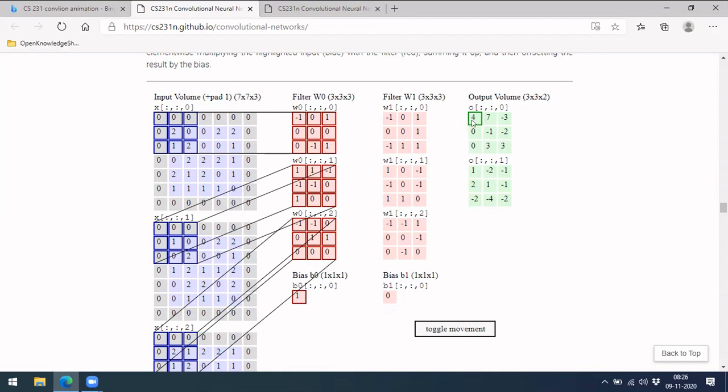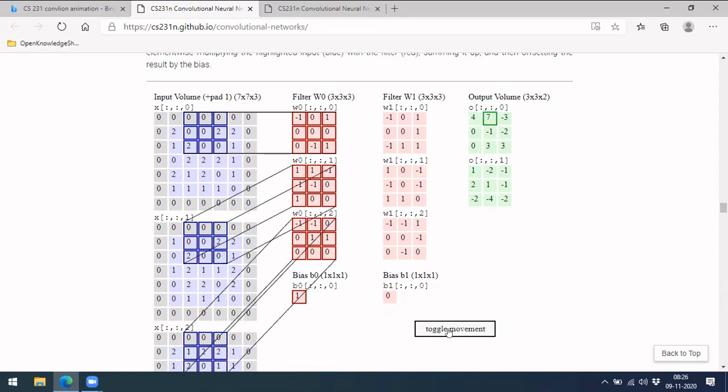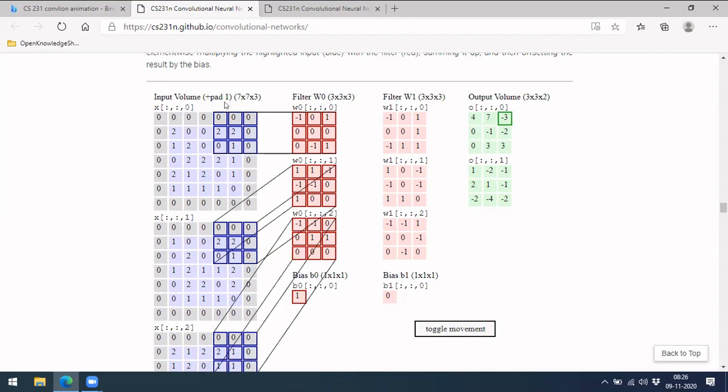Usually what happens is, you have a value from the multiplication and sum, and finally the value you get here, plus the bias, and you will have the value here. Similarly, if you toggle a moment, you can see the next step. It has jumped two columns here, and then again it will do a calculation from this to this, and the value you get will be the second term. Similarly, one more. Let me do it quickly. Again I pause. See, it will again do it for this, and this will be the third term.